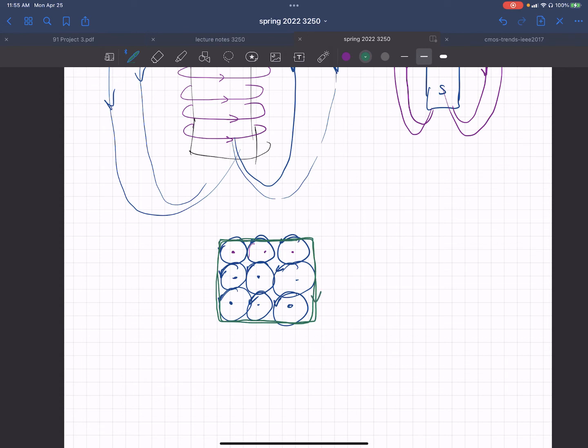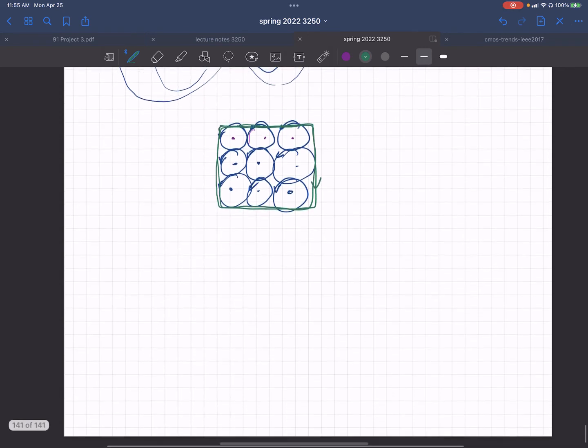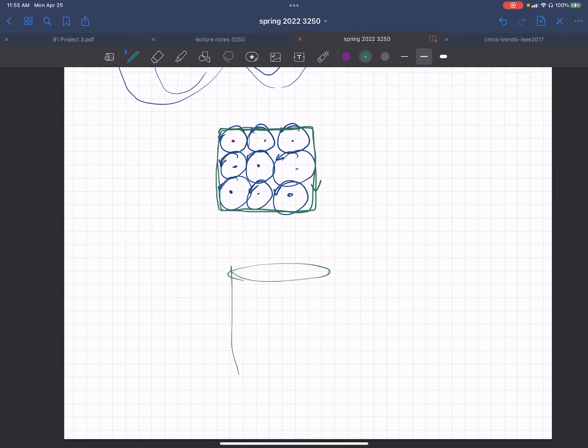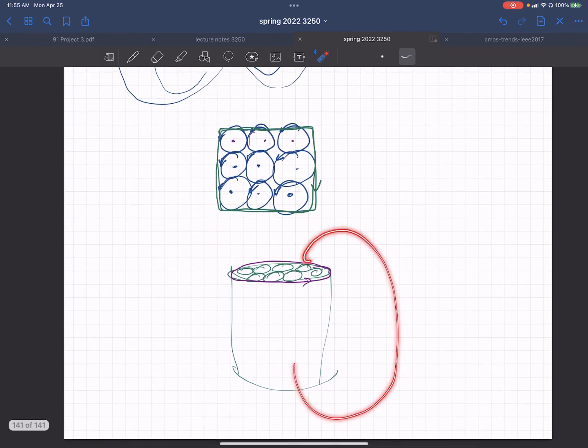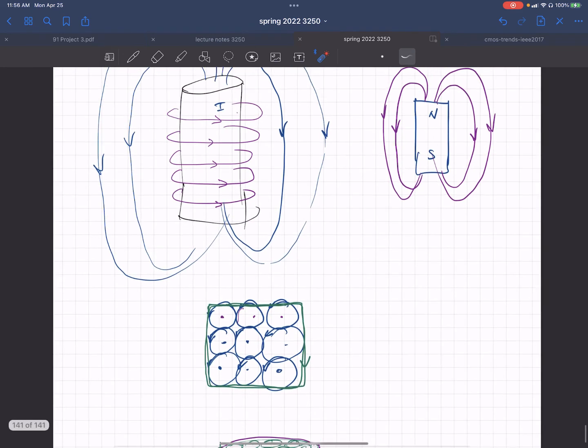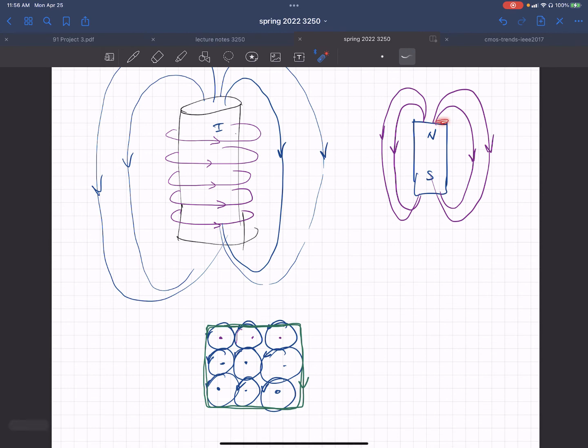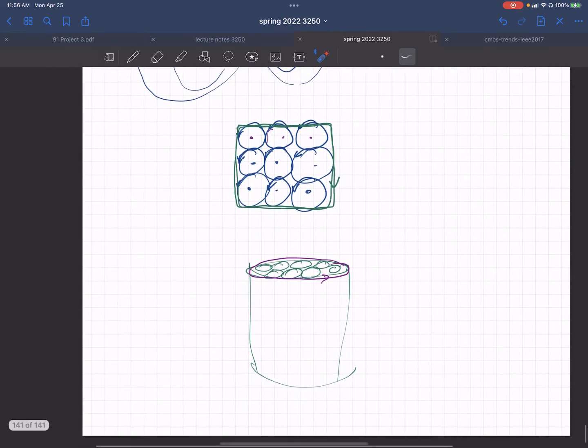Okay, so if you have a situation where, let's say you're looking at a bar magnet or some kind of material where all these guys are sitting there stacked and everything's pointing in the same direction, you get the effective aspects of a current going sort of in a loop, very much like this situation. So that's great, and that's why there are very few things that are magnetic by themselves, because usually what happens,